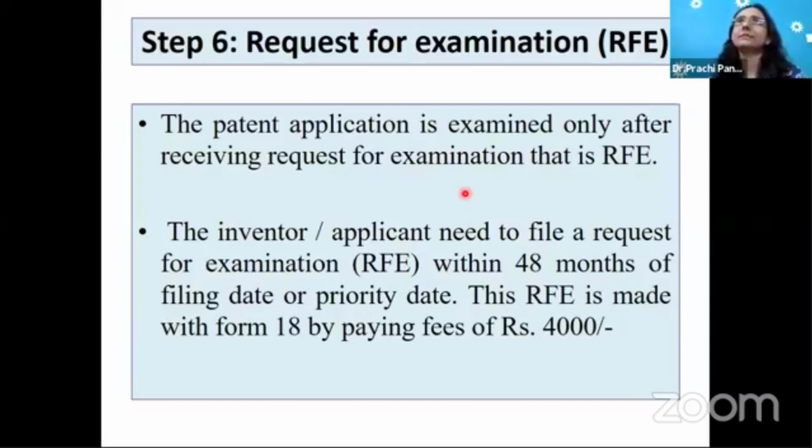It goes to the patent examiner. They take a time of 1 month to 3 months. After that, once the examination report is ready, they have another 1 month to give it to the applicant. I'm just telling you that the request for examination has to be filed in Form 18 with a fee of 4,000. After that, your patent application will be examined, and yes, it will also be open for opposition, because